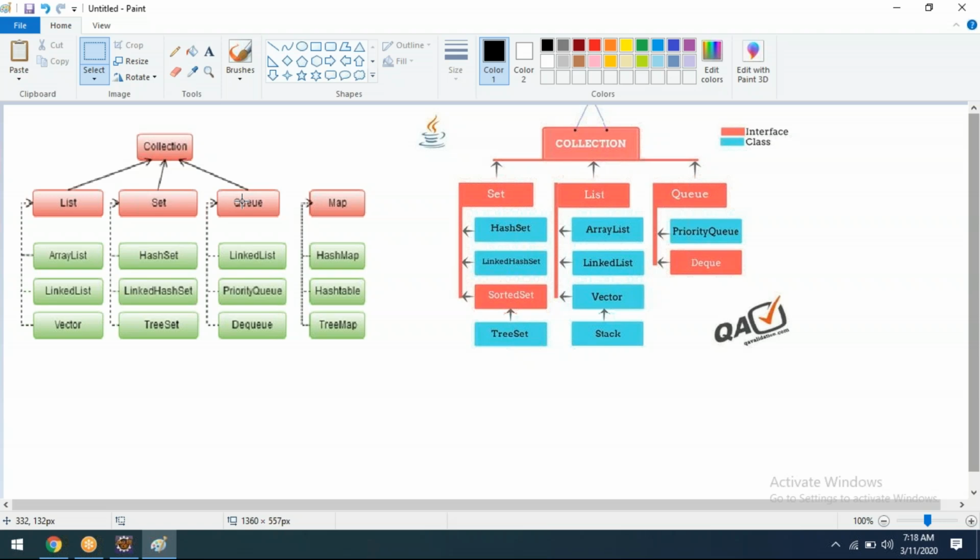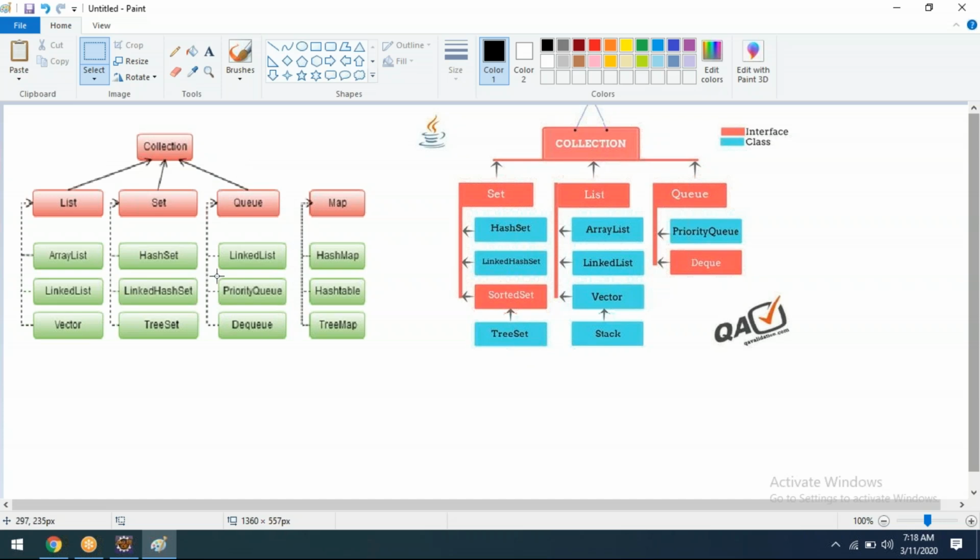In this one, we don't need to learn many things. Here, list is there, set is there, queue is there, and map is there. Within the queue, LinkedList is there, PriorityQueue is there, and ArrayDeque is there. The queue itself, we are not at all using.